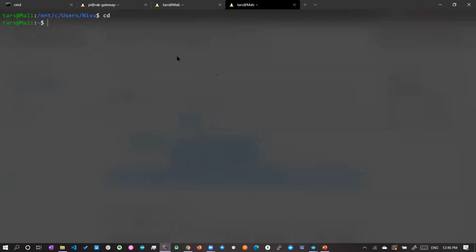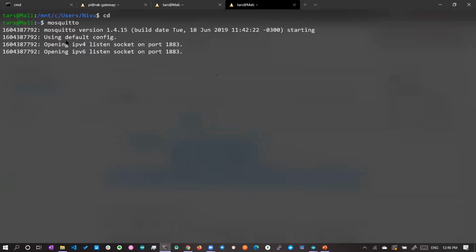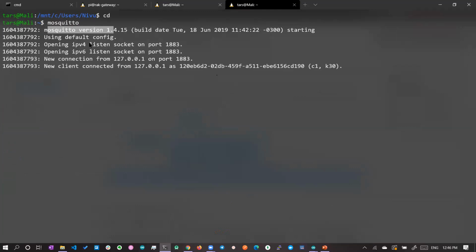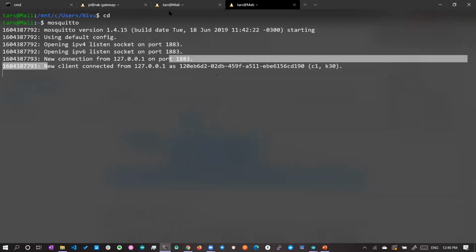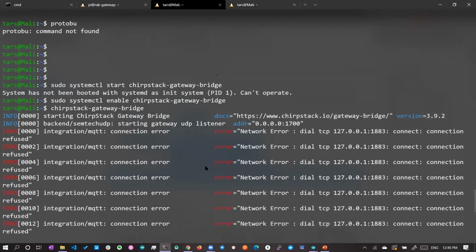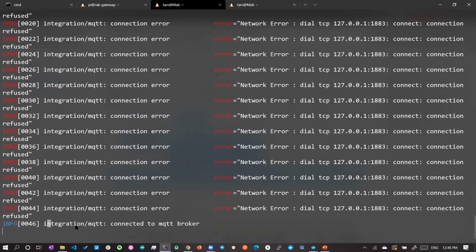To start it, you can give mosquitto. Once mosquitto is started, you can see it's running on 127.0.0.1, on port 1883. Immediately you can see a message, new client connected. This new client is the gateway bridge. Now we can see the integration MQTT connected to the MQTT broker.